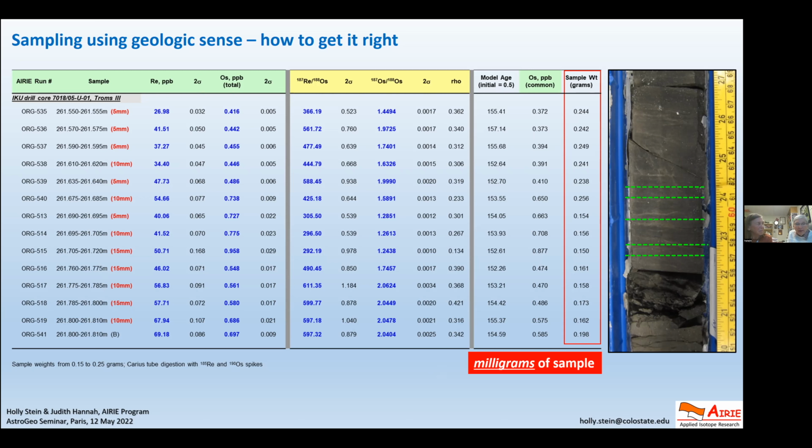You can purchase that. It's $300 a bottle. It's not a standard, it's an RM, a reference material. I think it's 8599 or something like that. It's the Henderson molybdenite. When we did that study, at that time, there were, I think, 3 rhenium osmium labs in the world that would touch molybdenite. Or 2. China, and Rob Creaser.